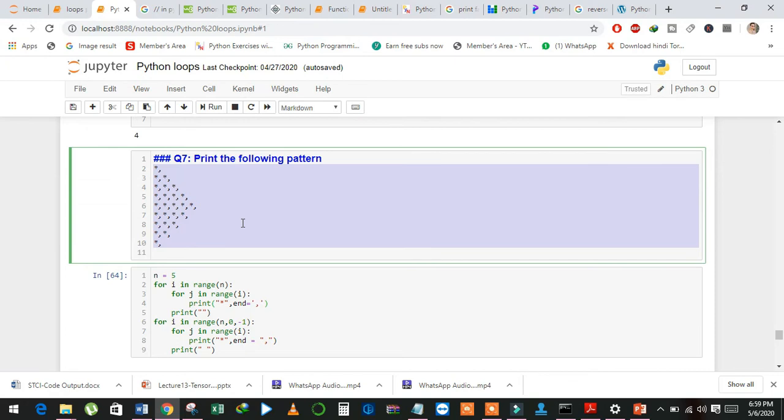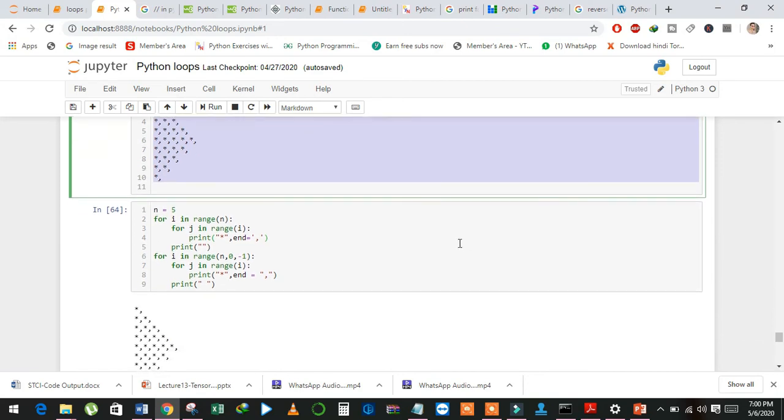Next, 7th question is print this pattern, and with the help of nested loops we can print this kind of pattern. See here, I have an n variable and I assigned it 5, and then I started the for loop, for i in range of n, and then inside the loop I started another loop, for j in range of i.